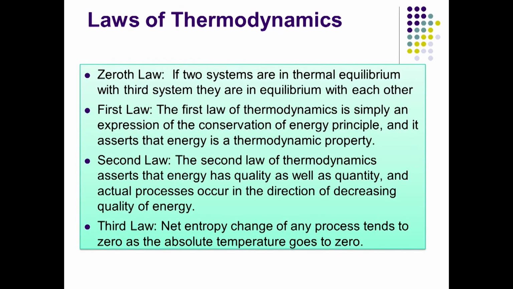And the third law says that the net entropy change in any process tends to 0 as the absolute temperature also goes to 0. So, it almost says that it is impossible to reach 0 degrees Kelvin, because that is where we get the thermodynamic limit. So, with this introduction and review of the concepts that we have covered,